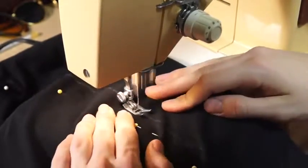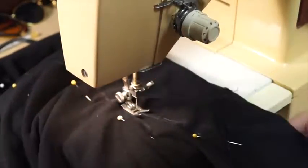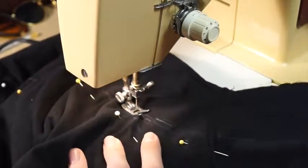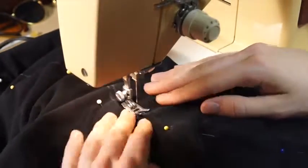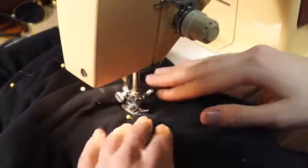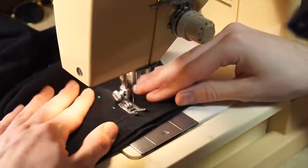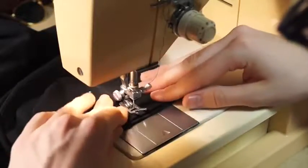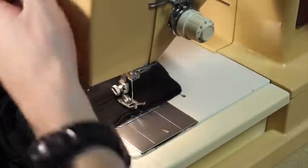And now once you get to the curve right next to the armpit, you're gonna wanna slowly turn the fabric, and once again, just stay right along that line. If you need to stop, make sure the needle is sunk into the fabric. That way you can turn the fabric without the thread and your stitch line becoming uneven. And then once you get to the end, just backstitch 1, 2, 3, and then you is done. So once that's all stitched up, just pull it out,